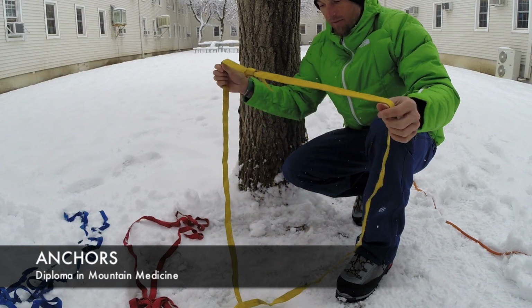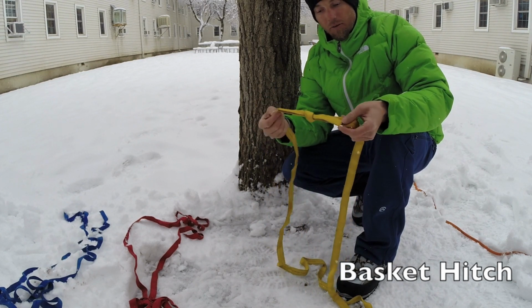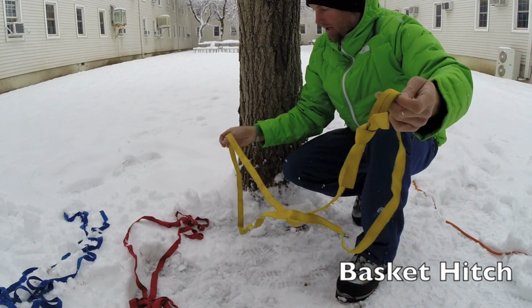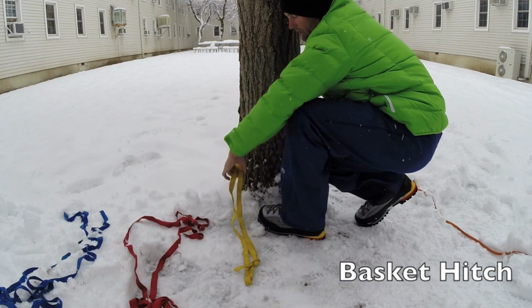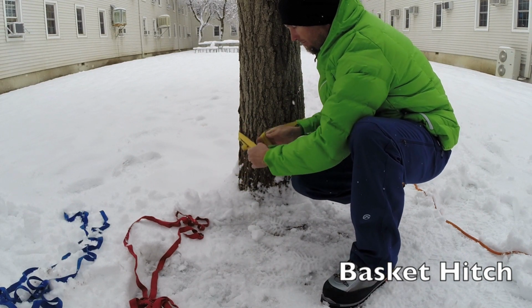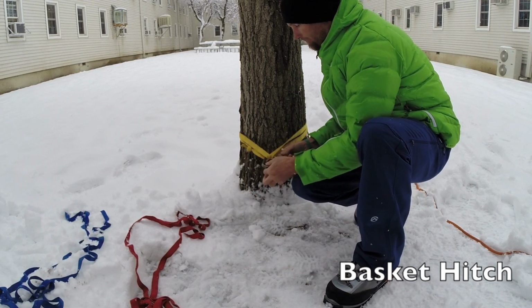The first one we'll show is a basket hitch, and for the basket hitch we use 1-inch tubular webbing. We're going to join that webbing in a loop with the overhand bend or water knot that you already learned in another video. For all of these ties, there's specific placement of that water knot so that it doesn't interfere with the system. The basket hitch, very simply, is that big loop strung around a tree or sufficient anchor point and